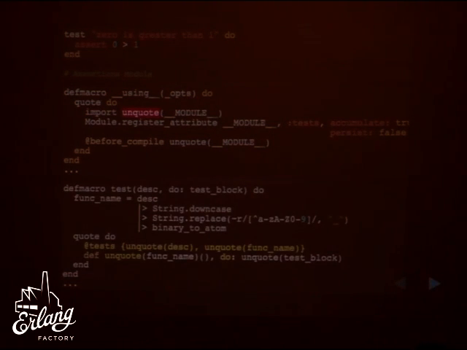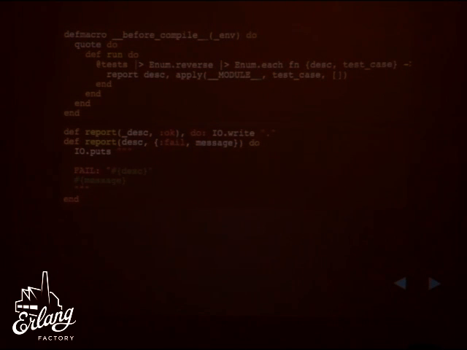So our last bit of this is we've accumulated these test attributes. Is everyone clear on this? Any more questions on this? We have to write our before compile macro. And this is where I think your question came in, that we have one job, and our job is to implement a single function named run. So we start a quote, and we write a function named run which can then reference that @tests module attribute, which is going to be a list of every assignment during compile time, containing a list of tuples of our test case description and a function that we can invoke to call that function that we generated